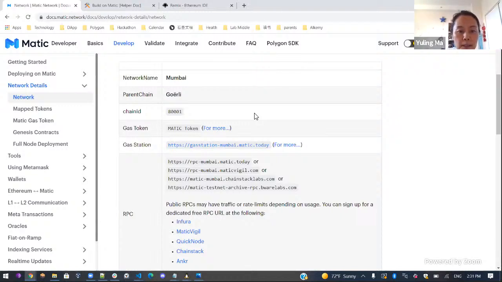Five minutes afterwards, he came back super excited and said that we just need to plug a few lines of code into the Truffle config file, which I'm going to show you next. Then we need to request Matic coin from the Mumbai testnet faucet, and that's it. That was exactly what we did. He was apparently our team's hero that day, and of course we all loved the smooth experience of interacting with Polygon. And then, let me just quickly check if there's